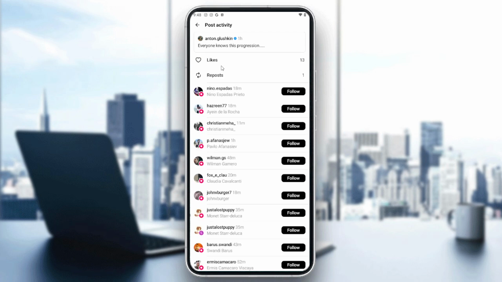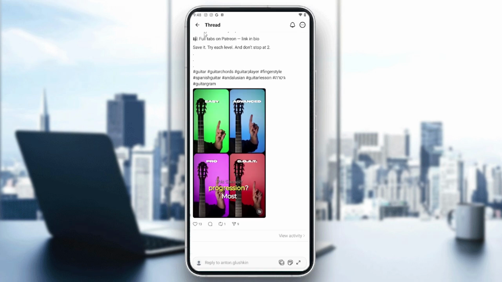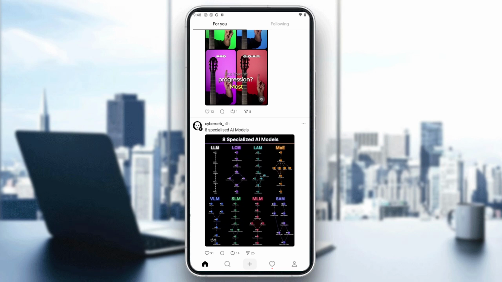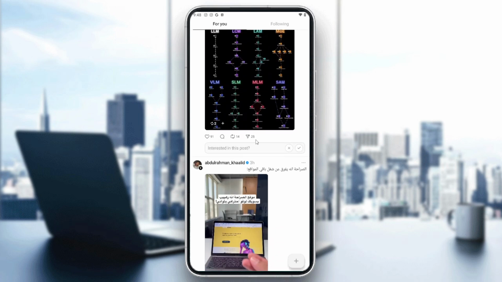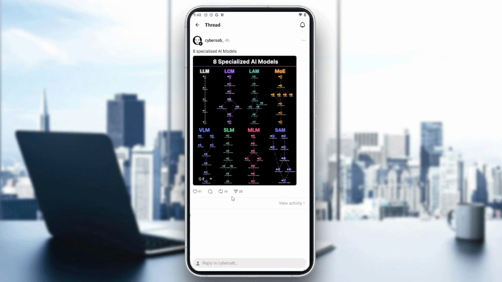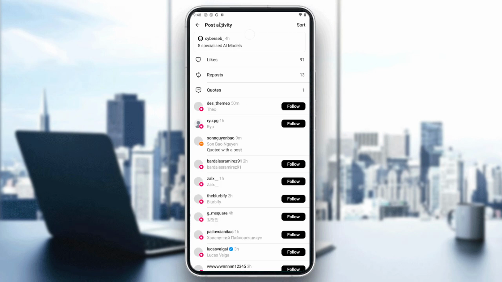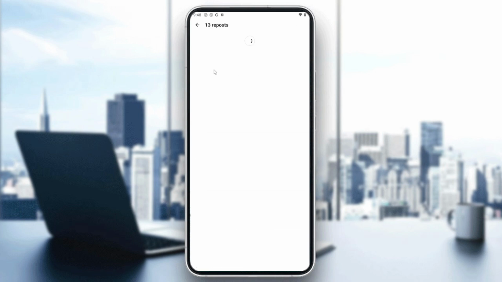And you can do the same for your thread, and this is just some other profile's thread, and it will be the same for yours. So you can simply click on any thread. So let's just search for anything that has many reposts. So here I'm just going to click view activity and then we will want to go to repost